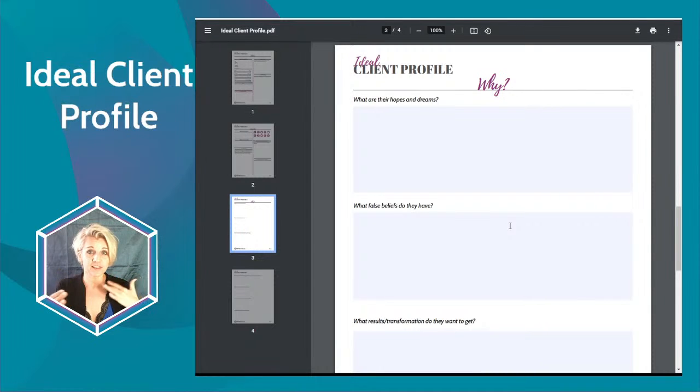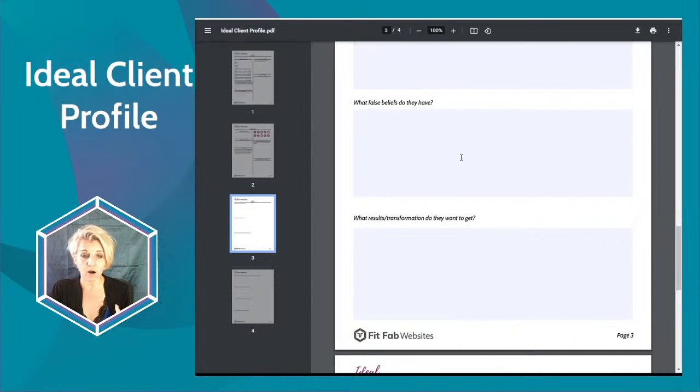So the different stages of where your client is, do they even know what their problem is? If they don't, you're going to have to write some good educational content that's going to inform them of what it is that they need to do in order to address the pain points. But having this client profile done, like knowing what their hopes and dreams are, knowing what their false beliefs are,